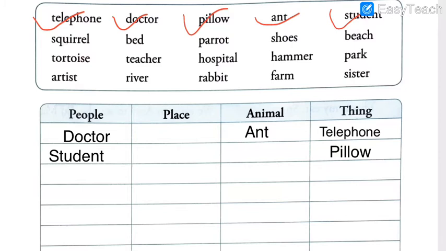Next is squirrel. Squirrel. Yes, many of you have seen this. Many of you are smiling right now looking at the word squirrel, because you can find squirrels most probably on the trees running here and there. They never sit still properly unless they are eating, right? So squirrel, where does it come? In which category can we fit this squirrel? Yes, in the animals category.